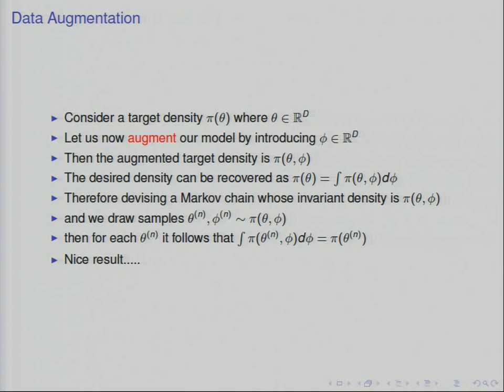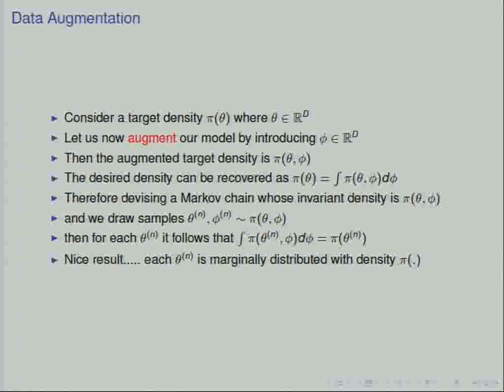We simulate from this augmented distribution, we ditch the auxiliary variables, and what's left, the variables of interest, are distributed according to the target density of real interest. So this is a nice result, and it's one that's used actually fairly regularly in statistical practice and in machine